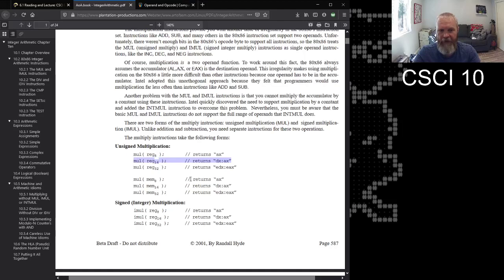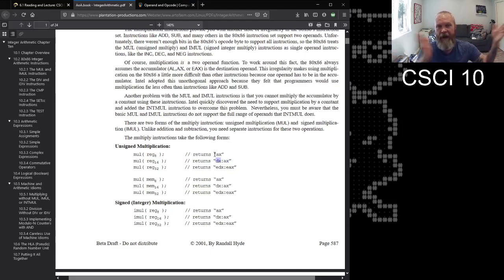The way Intel does 16 to 32 bits is not to use EAX, but to actually bundle DX and AX together. Now you don't really have to worry about this yet. You are going to have to worry about this weird bundling when we get to division. But the way Intel has implemented it is it treats that combo, DX and AX, as a 32-bit destination register. So DX is 16 bits, AX is 16 bits, together they make 32. That's how it actually works on an Intel processor.